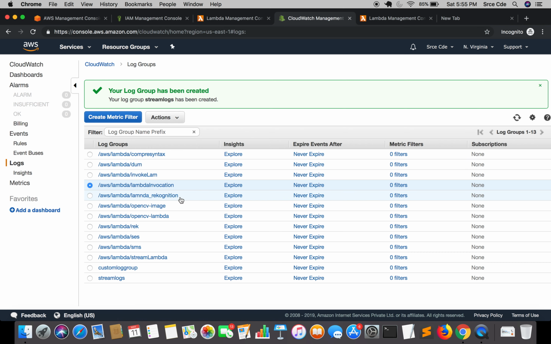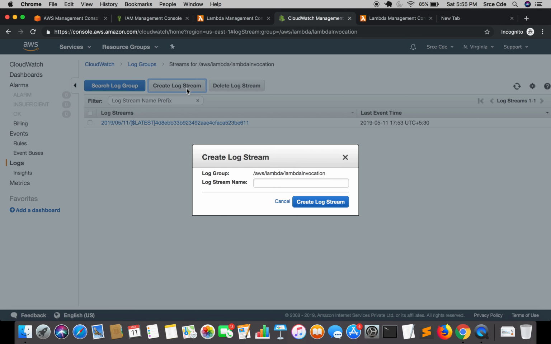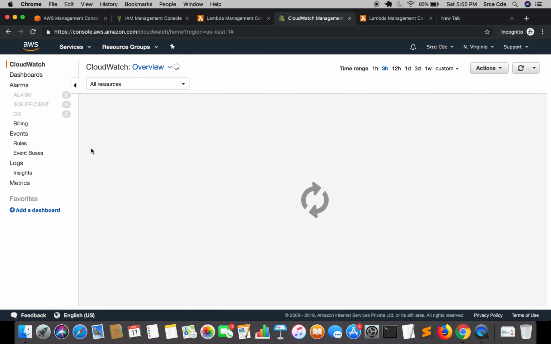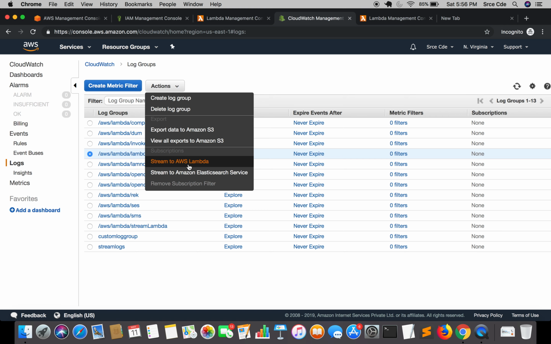So likewise, you can stream any of the logs that you want to stream. Not logs, basically the log group, I would say. So even from here, you can create the log stream. It automatically selects the log group for us. Just to show you, we will create it from here. We will select the log group here, and I will go to actions and say stream to AWS